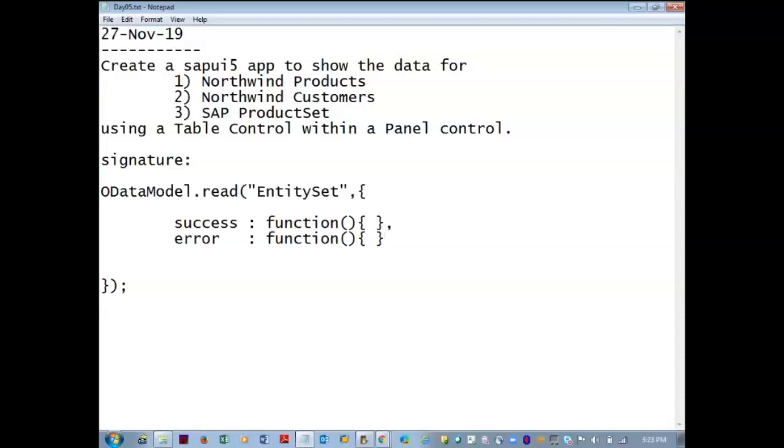This signature we use to just read the data and populate it on the table. For applying the filters and using the expand query also, we will be using that, not now. That will be sitting between the success and the read; that code will come, filter and expand. Later we'll take up, once we are comfortable with reading the data and populating the table.